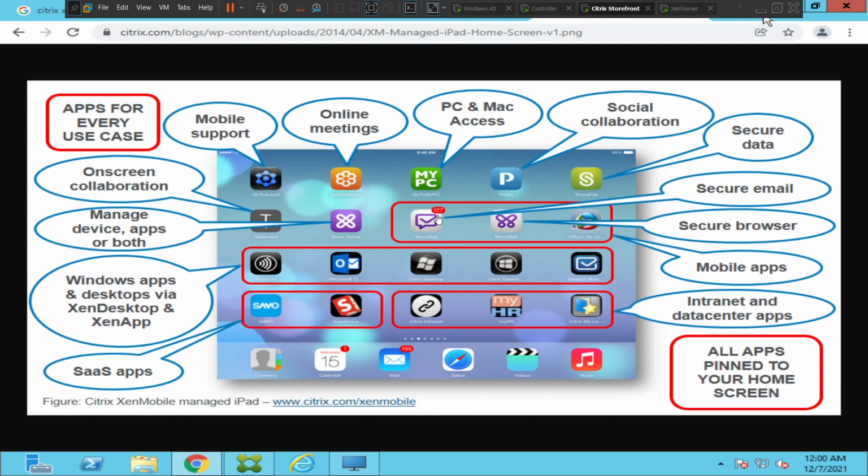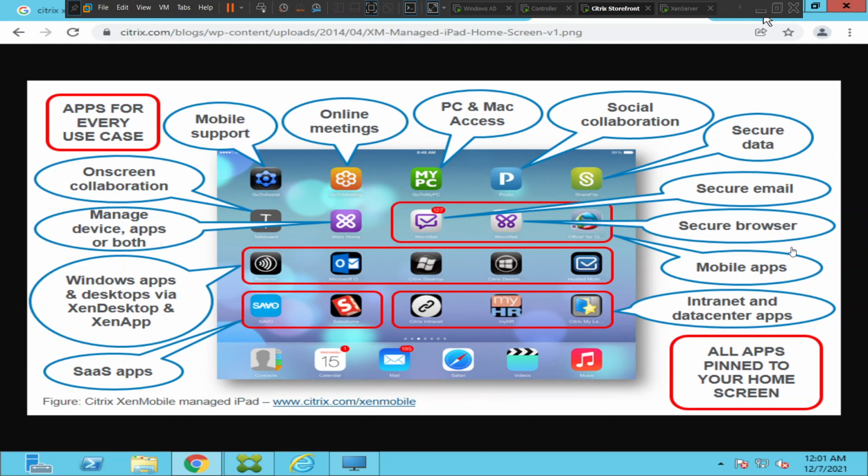at any point in time, if this device is stolen or if this device is lost, this particular user can easily inform the Citrix administrator or the person who is managing this Zen Mobile environment, and we can actually wipe the data from the backend.